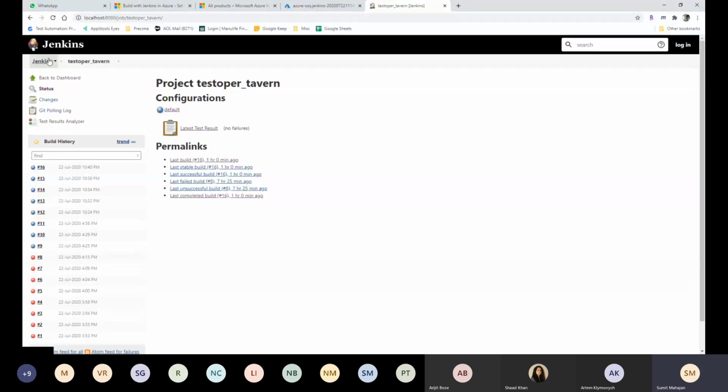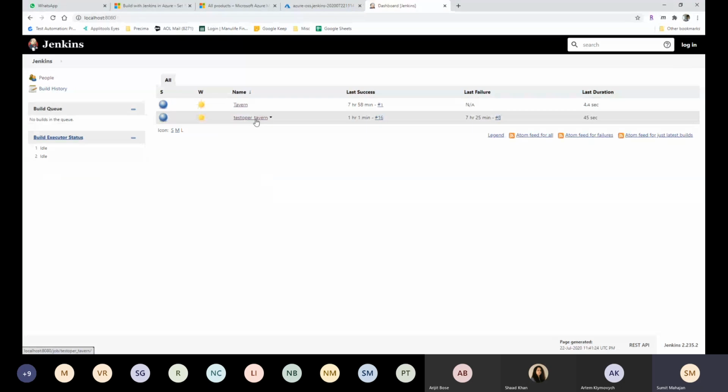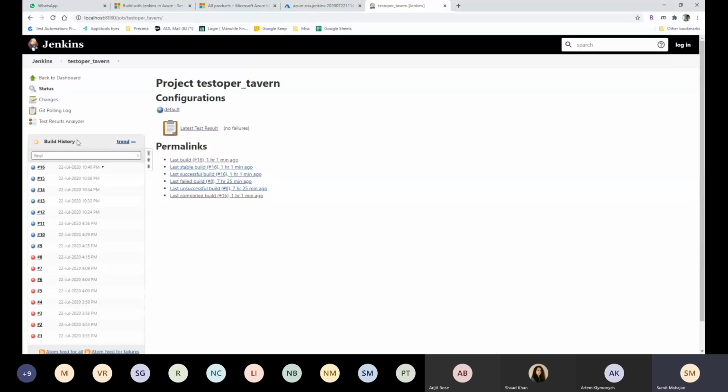So if you guys can see my screen, I go to Jenkins. I have another instance running with the same configuration. So if I go here, look at the